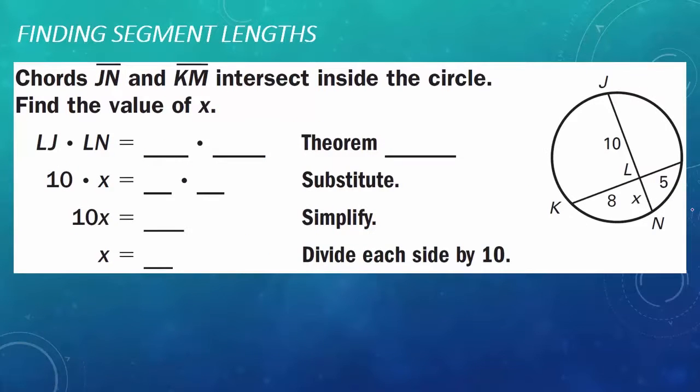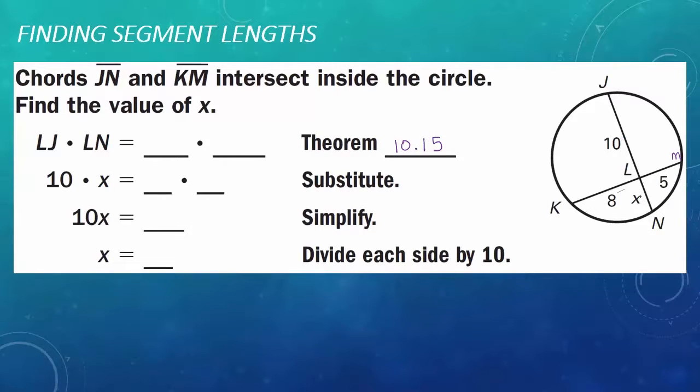Example 1, finding segment length. Chords line segment JN and line segment KM intersect inside the circle. Find the value of X. I can see JN and KM. Neither one of these chords is a diameter, so I can't say that one chord is cut in half and therefore they bisect each other. So I need to find the value of X, and I'm going to use Theorem 10.15, which